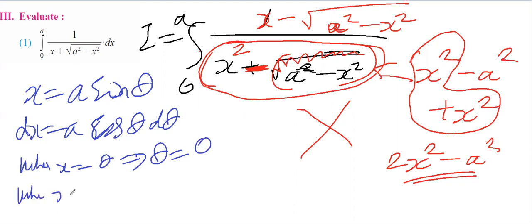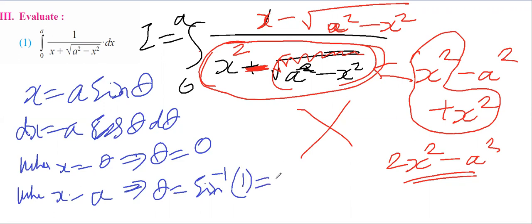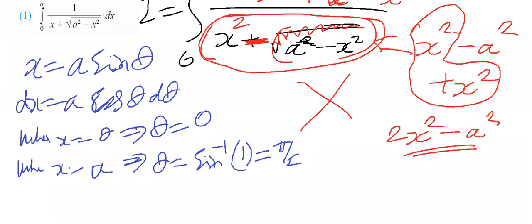And when x is equal to a, theta will be sine inverse of a upon a, which is sine inverse of 1. What is sine inverse of 1? It is pi by 2. So I got the limit, that is 0 to pi by 2. Fine. So let's write it here. I is equal to the integral from 0 to pi by 2, and here instead of dx I will write